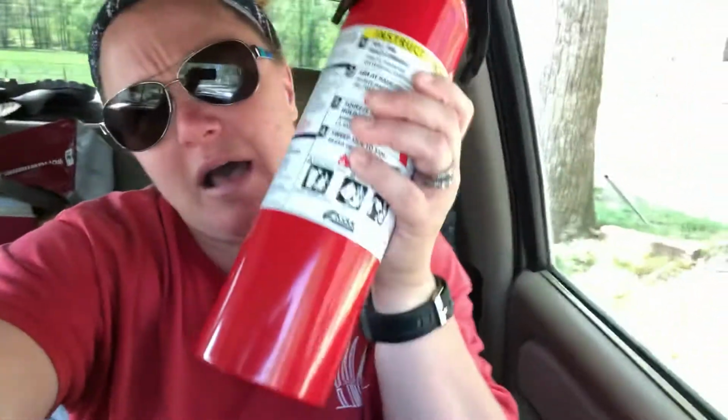One of the most important things when it comes to a fire extinguisher, first off, is having it. Knowing where it is is really important, especially if you have a job, and then knowing how to use it. When I learned, I was like, I didn't know how to use that. This basic size of fire extinguisher is going to last about 8 to 10 seconds when you go to use it. And in order to use it, we have an acronym, and it's called PASS,